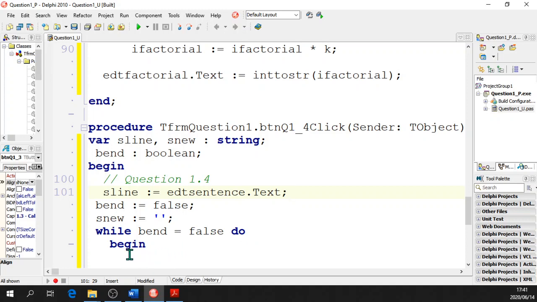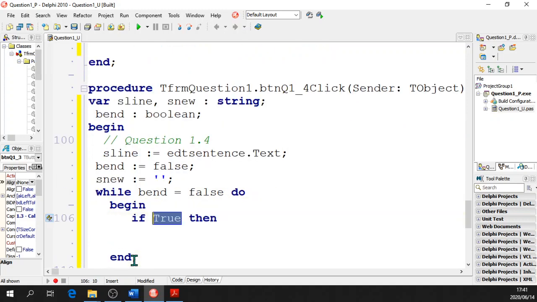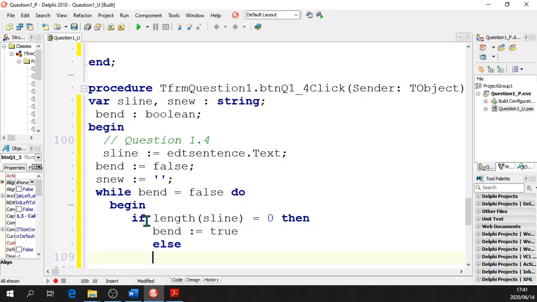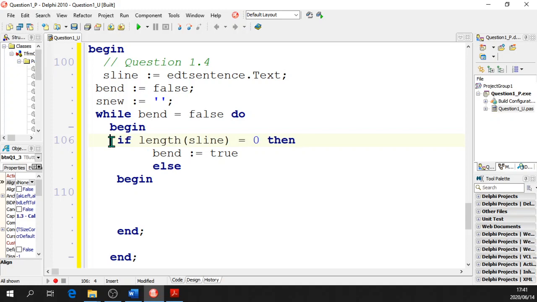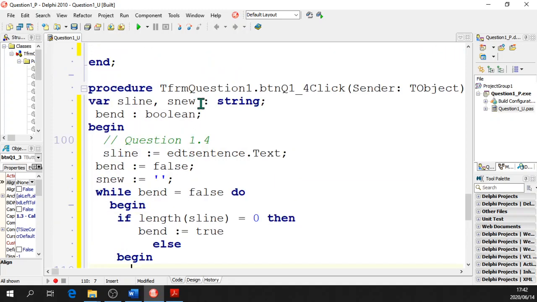And now I'm going to say if the length of S line is equal to 0, then I will declare b end equal to true, else I'm going to go through the rest of the line using begin and end. Everything's going to happen here. I do have to set b end to true if the length of the line is 0, so there's no more lines, you know. Right, so I'm going to get my word out, S word,